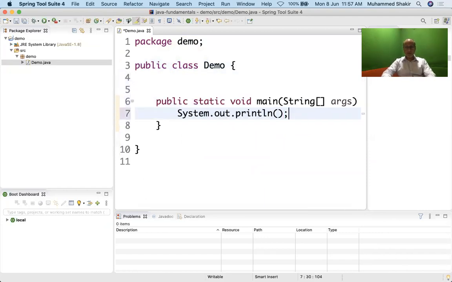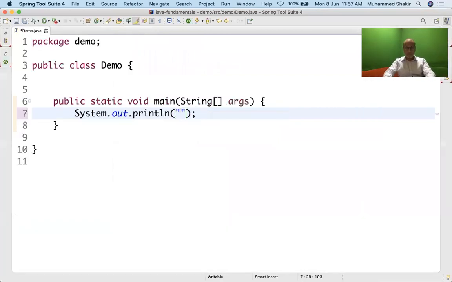I'll let System.out.print. See the hotkeys, the shortcut keys that I'm using. That's the trick of the IDE, so that you become more and more effective. That's beyond the scope of our discussion as of now. And then I'll write Hello World, and I'll say Hello World, JVM started, right? That the JVM started. Okay.